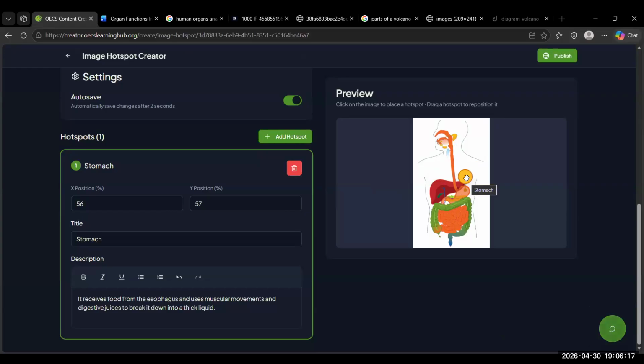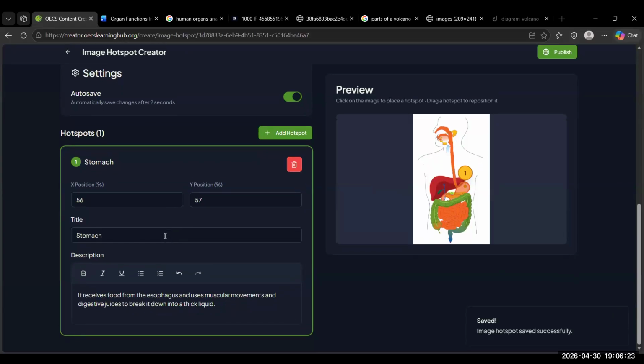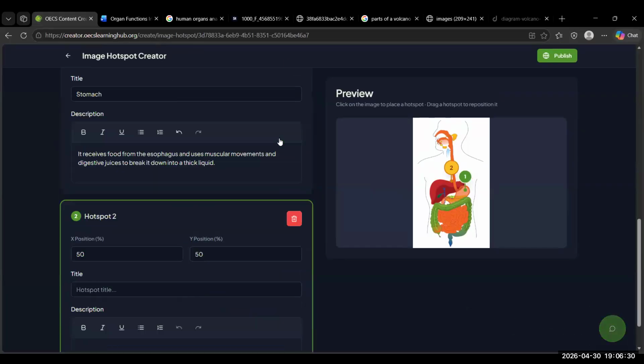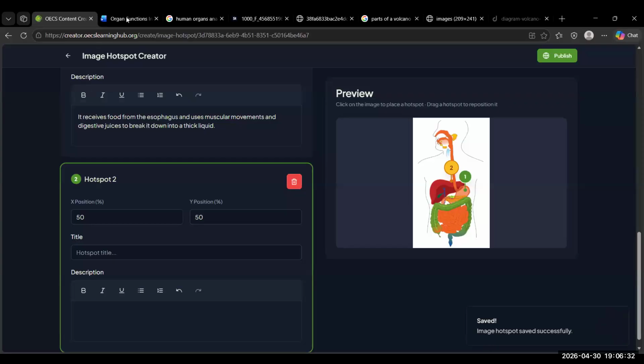So you hover over, you grab your hotspot, you put it over the item you want to put it on, and it will stay there. I'm just going to do one more for some redundancy, and then we're going to preview and see what it looks like. So add another hotspot again. This time I'm going to choose to select